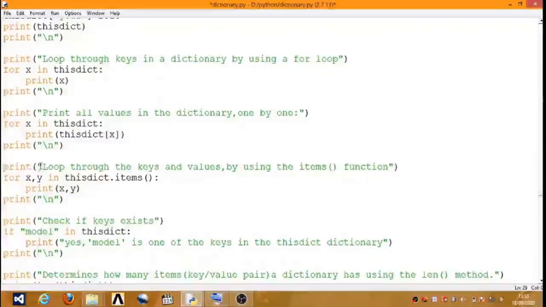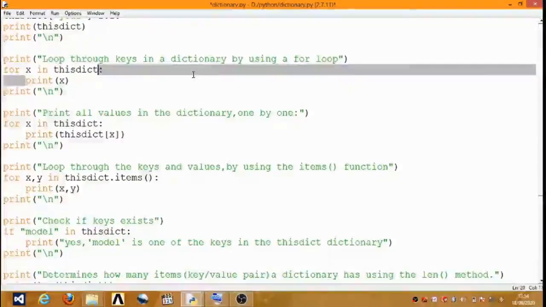Next, print in bracket double quote, loop through the keys and values by using print in bracket double quote, print all values in the dictionary one by one. So here, just as we printed the keys in a dictionary, the same way here we print the values.